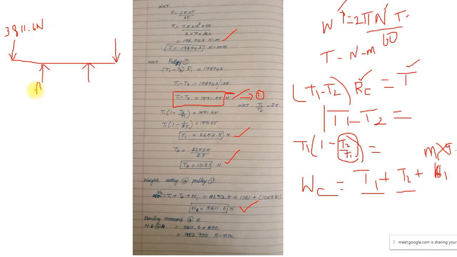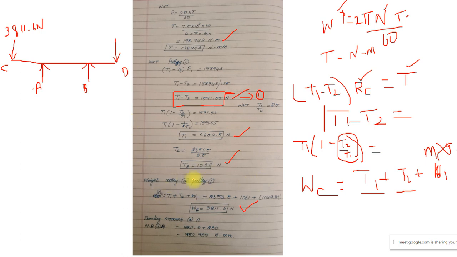So this is my A, this is my B, this is my C, and this is my D. We have to follow the same procedure. Before I find out the load, what I am doing is finding out the bending moment. You obviously know the formula for bending moment. Previously we found the reactions and everything, but here, since it is an overhanging beam, if I take the moment from A, the moment at C and D will be 0, since there is no distance.